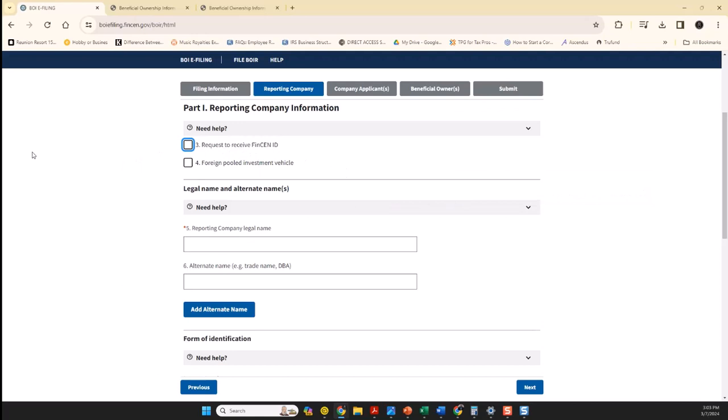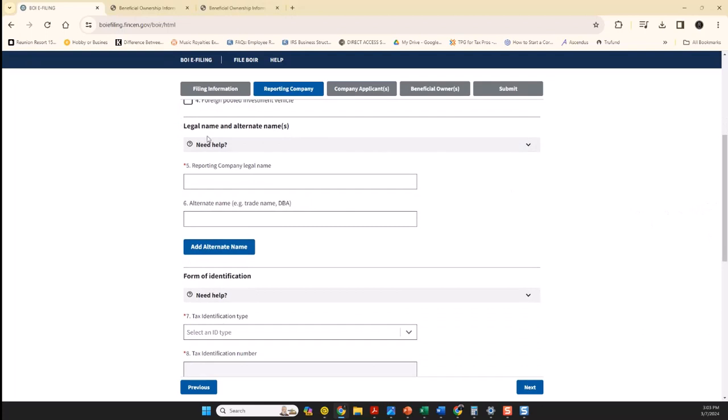Now, here is where you can request a FinCEN ID. Requesting a FinCEN ID is typically for individuals who will be doing this on more than a one-time basis. For instance, my company, Mac Enterprise Consulting, we help a lot of companies. I can go ahead and request the FinCEN ID, and that way I can always file companies' BOI under my FinCEN ID. But for the sake of this, if you were doing it on your own, you do not need to select this. You will just go ahead and start with the legal name of the entity that is being reported. So for today, we're going to use